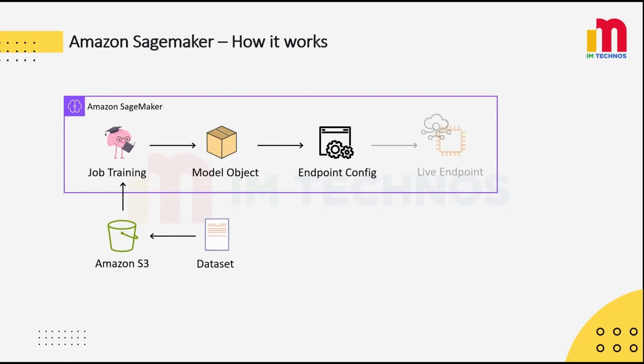Finally, we create the endpoint. So when we create the endpoint, SageMaker launches EC2 instances in the backend, loads the model, and exposes it as an HTTPS endpoint. Now the model becomes live and ready to receive requests. And yes, billing starts once the endpoint is running. Once the endpoint is successfully created, we can invoke the endpoint, send test data, and receive predictions. So this completes the full workflow. Here, your responsibility is only what to build, and AWS takes care of how it runs. Now let's move on to the hands-on demonstration of Amazon SageMaker AI in the AWS Management Console and implement everything